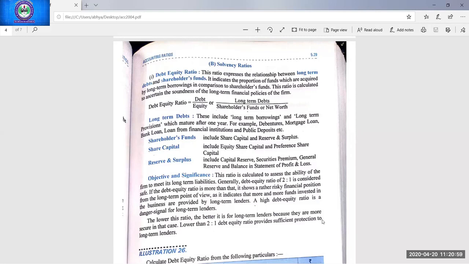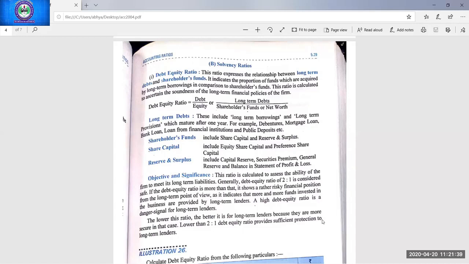At the end means when all the third parties are paid out. So first we have talked about liquidity ratio. That was all about the short-term financial commitments of the business, whether the firm or the company is able to meet its current liability on time or not. So now current liability is over. Now the second important head is the non-current liability. In solvency ratios, we will be talking about the non-current liability, the long-term solvency position, whether the business is able to pay off its long-term liabilities on time or not. It will be depicted by calculating the solvency ratio.